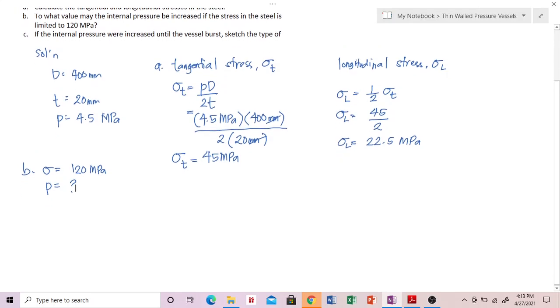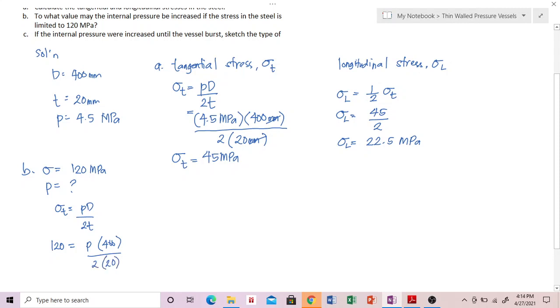When it comes to tangential stress, let us use tangential stress, considering 120 megapascal ang stress. PD over 2T. So, let's say 120 yung stress,